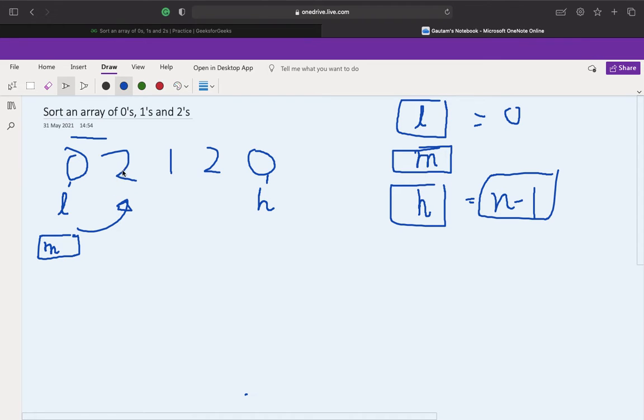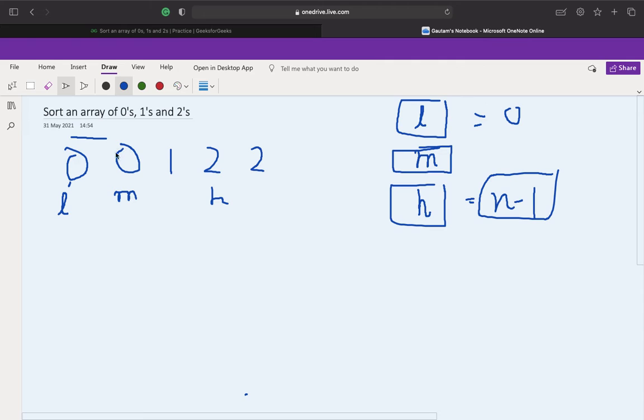We'll check if ARR of mid equals 2. If so, we'll simply swap it with high and decrement the high by 1. So this 2 and this 0 are swapped: 0 will come over here and 2 will come over here, we'll decrement high by 1, and mid will remain at its position.